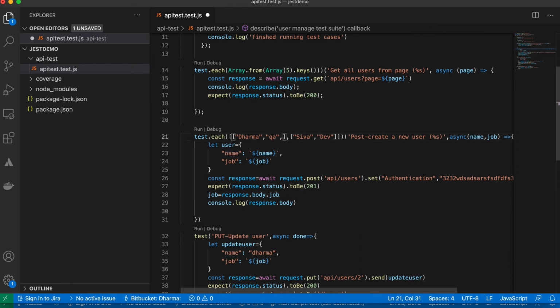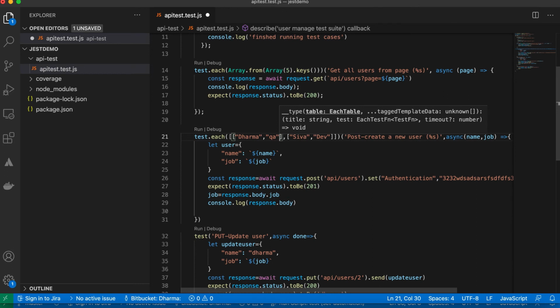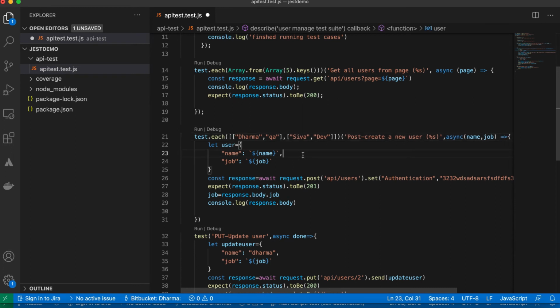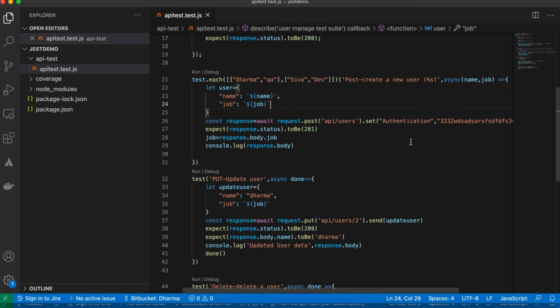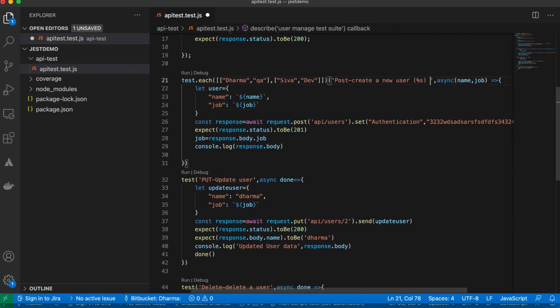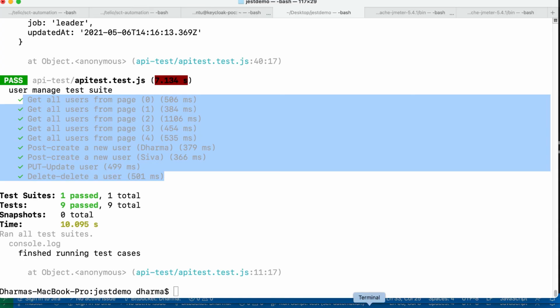Also, we can pass the response code, but that's not good practice. But if you want to create valid, invalid, then don't pass the username, pass it empty, then a null value. For that you can expect 4xx or 400, something like that. You can write it here also. Otherwise you can write it somewhere else as a variable. You can call that list here instead of getting confused about it. Okay, so now we are passing name and job. So here also we are just passing this. I'm not sure both will be called. That's fine. Let's see.